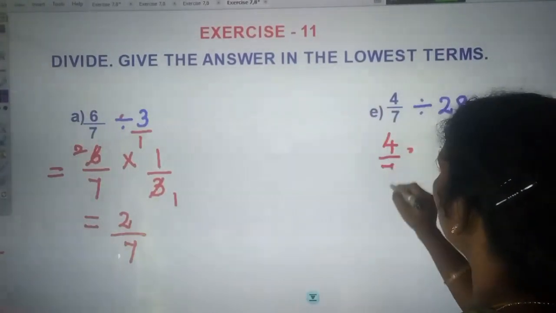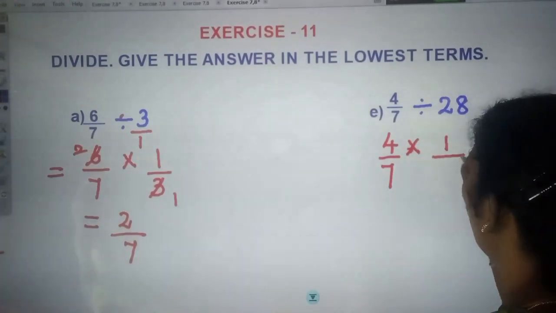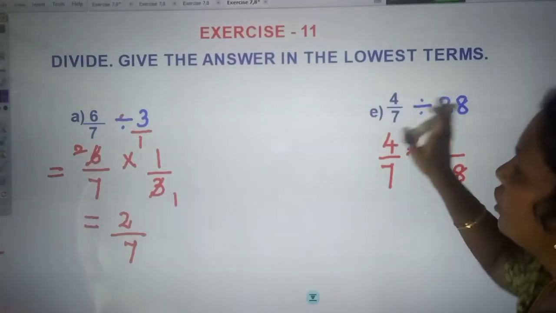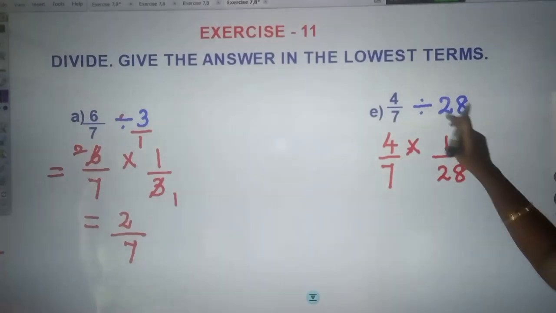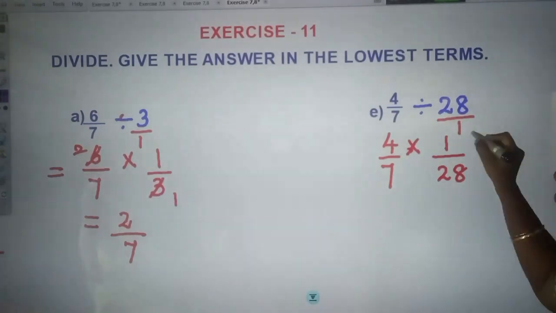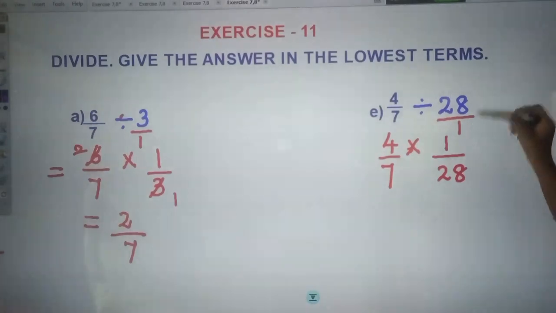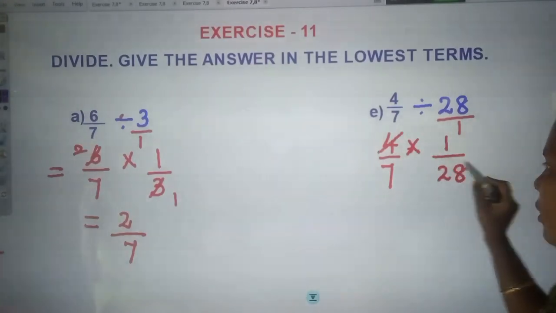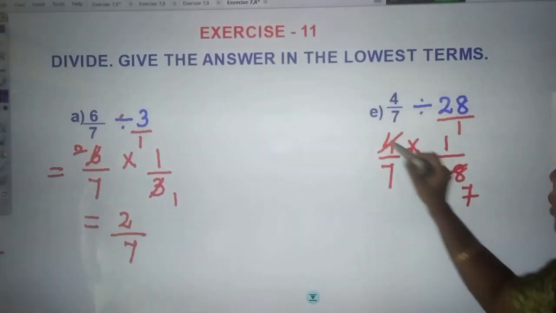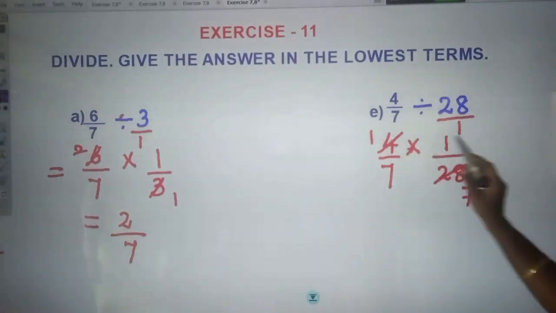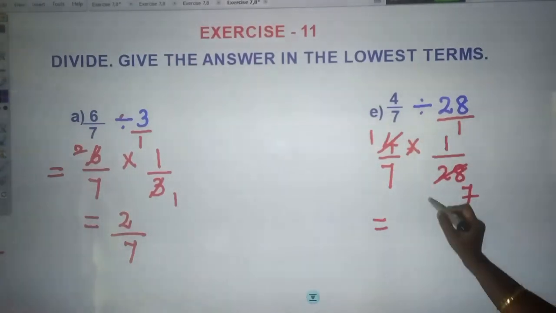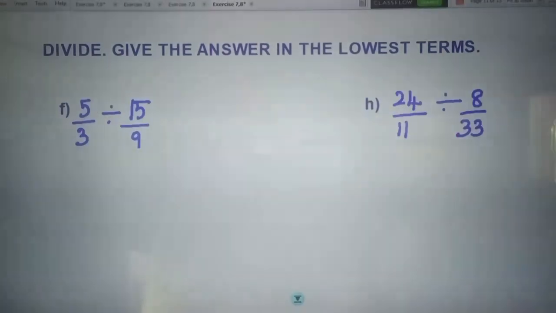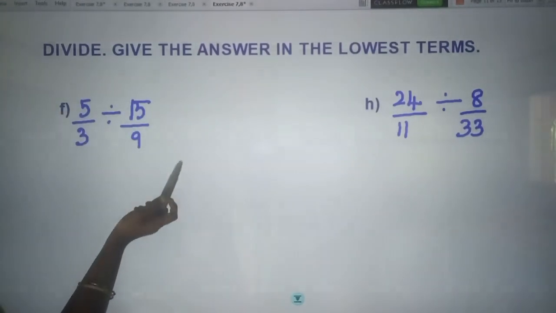Here 4 by 7 multiplied by 1 by 28. You understand, this 4 by 7 has no change. The first fraction does not change. The second number, the whole number is in here. Here there is no number in the denominator, then it should be considered there is 1. Therefore, when we get reciprocal, it becomes 1 by 28. Here also we are going to cancel using 4 tables: 4 sevens are 28, 4 ones are 4. Then the numerator, when we multiply, 1 ones are 1. Here denominator 7 sevens are 49. Is it okay, ma?